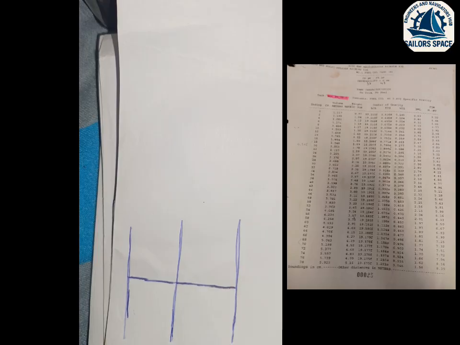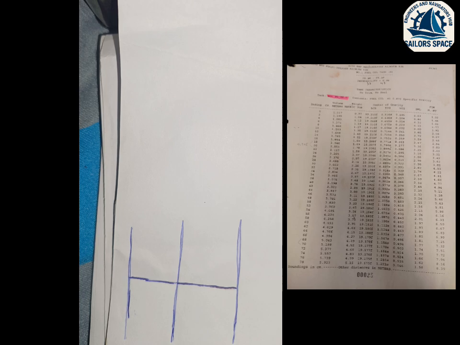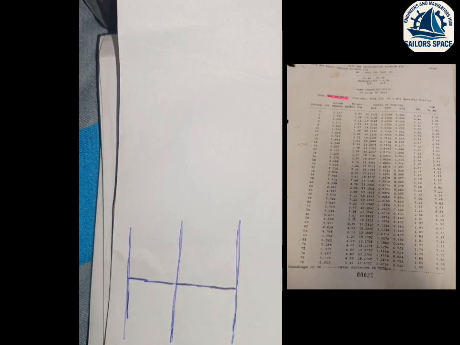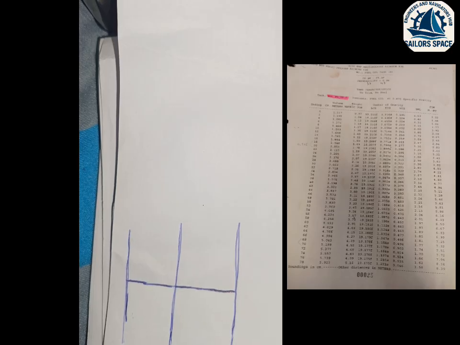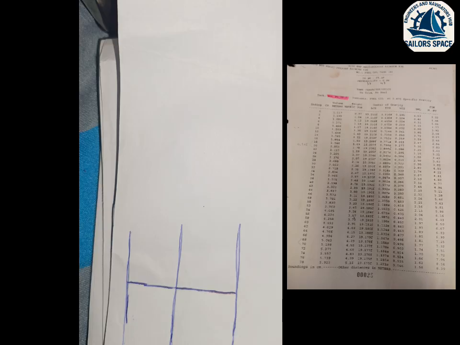So basically, interpolation is a technique we use to find an unknown figure when we have at least two other figures. For example, in this case, a value of a sounding from a sounding table. We have the values of two figures. I'll be using centimeters today because the sounding table is in centimeters. So I have my first figure